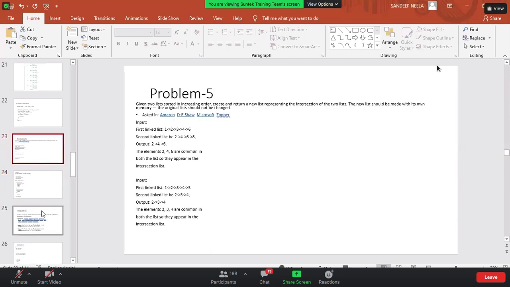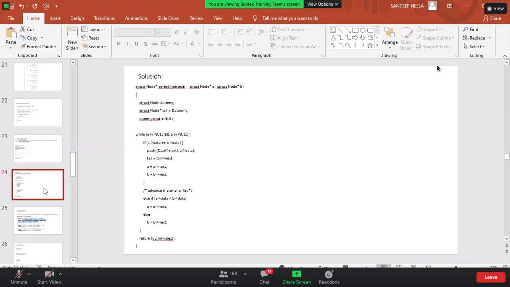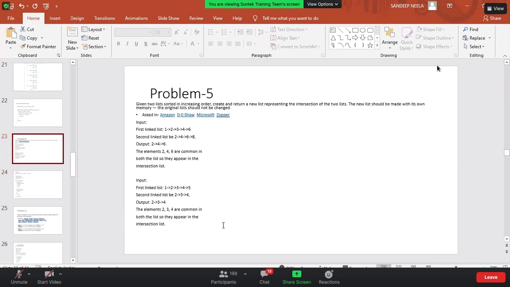So, using while next is not equal to null, we can see if the exact elements are the same, if they are sorted in increasing order. That won't be possible, so we can try array storing and seeing if the elements are the same. We can locate those elements in the list and say that these elements are intersecting with both the lists. Okay, after that you need to return a linked list.